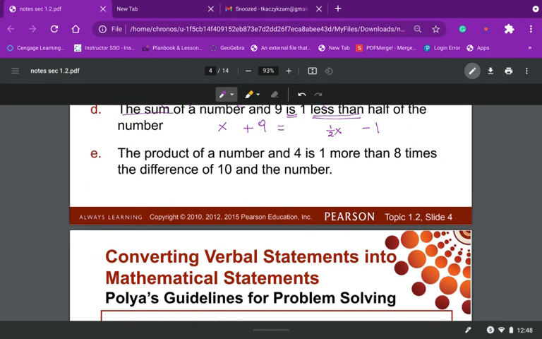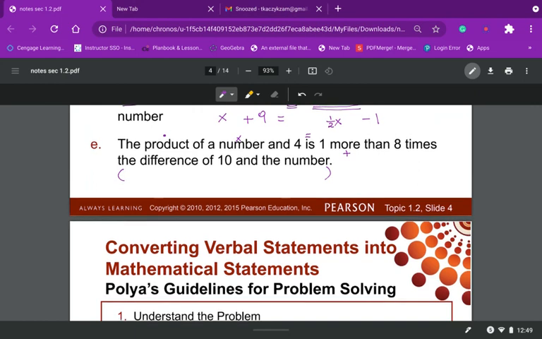And the last one, E, we have the product. Product stands for multiplication of a number, so that will be our x, and 4. Is stands for equal, 1 more stands for plus, then a times the difference. The word the means you're going to open the parentheses right here and close it right here. So let's create this equation. We're talking about the product, the multiplication of a number and 4. So I'm going to put x times 4 is